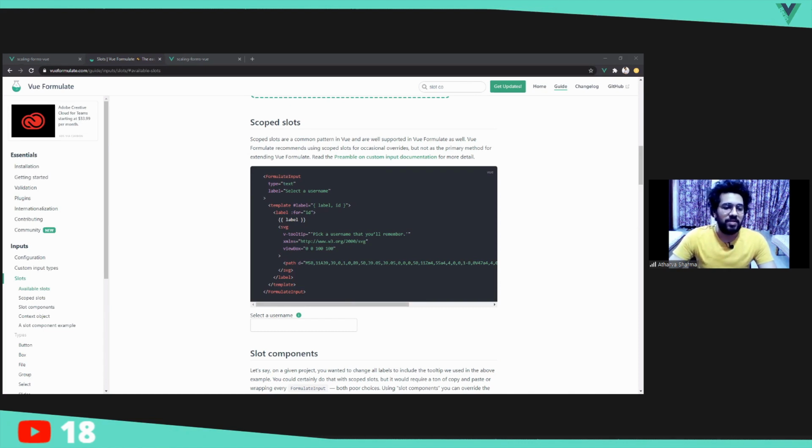Now, since we are done with the config, let's see how schemas look like and how we are going to import them into our components, into our views to use them, and how the form will be generated iteratively. So, okay, this